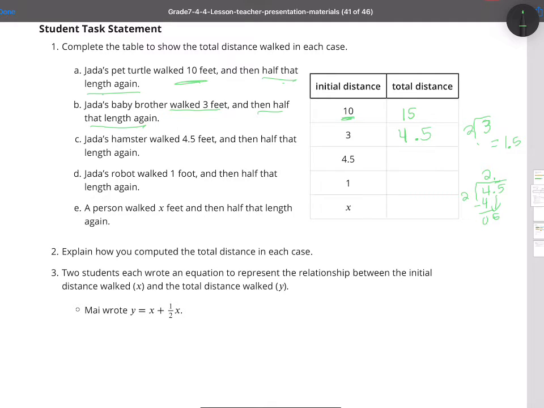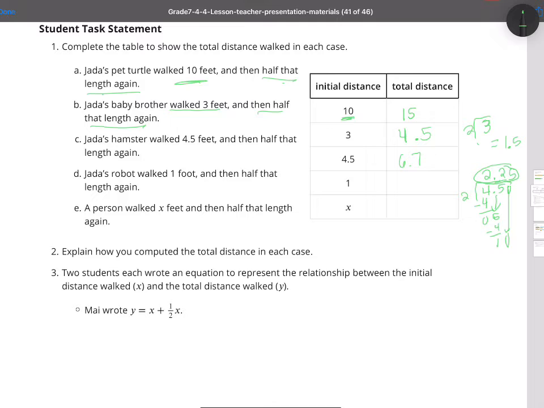And then how many times can 2 go into 5? 2 times again, and then we have 1 left. We're going to add a 0 and drop it, and it's going to be 5. So half of 4.5 is 2.25. I want to add this to 4.5, which would give me